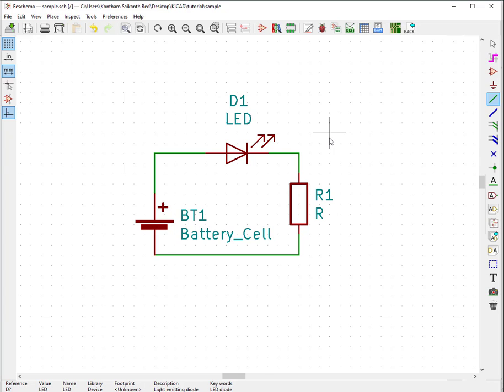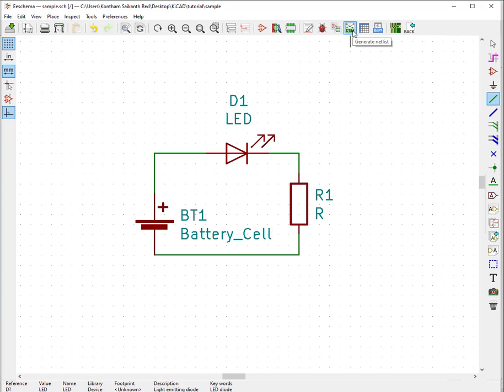So now what I have to do is just generate a netlist for this one. So netlist is a file which consists of all the components, footprints with the connectivity of those components. So this will make making the PCB board much easier.